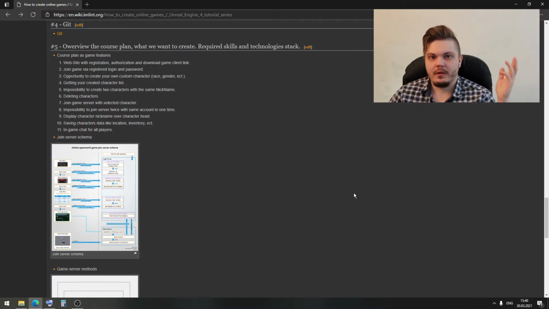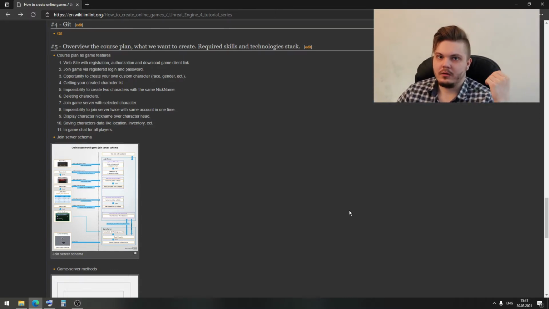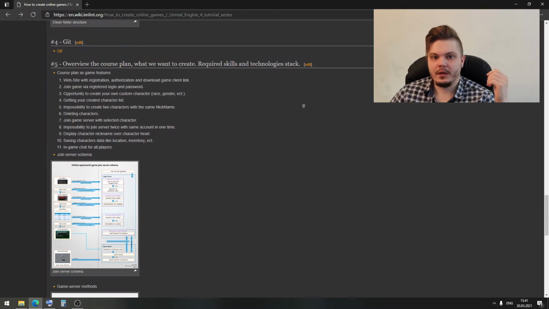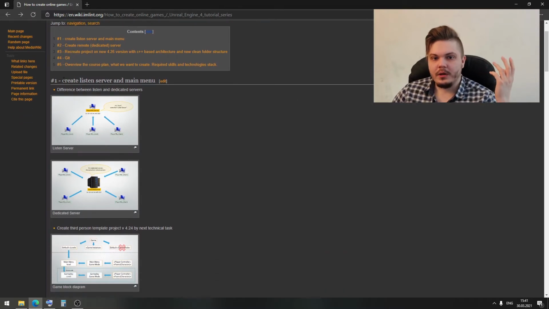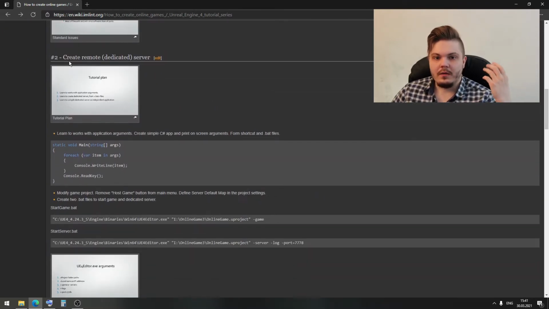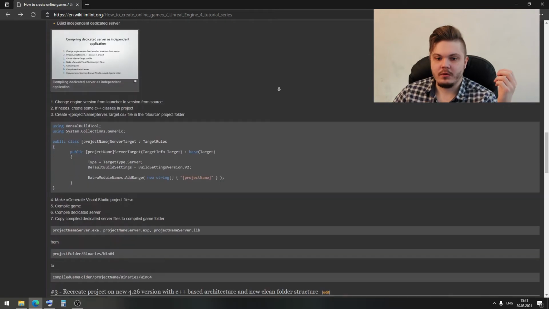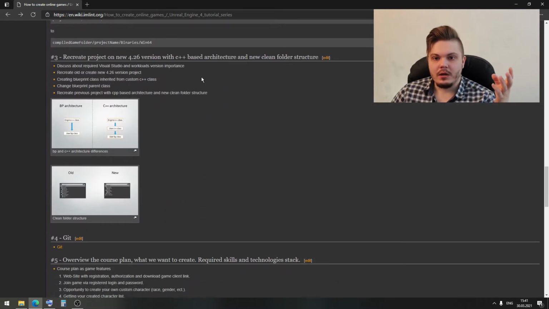Today is our fifth lesson, and let's take a look at our previous lessons and define what we already learned. In the first tutorial we learned how to create a listen server and main menu. In the second lesson, we created a dedicated server. We learned how to create a dedicated server. In the third lesson, we recreated our project with a new engine version, and we renewed our folder structure and